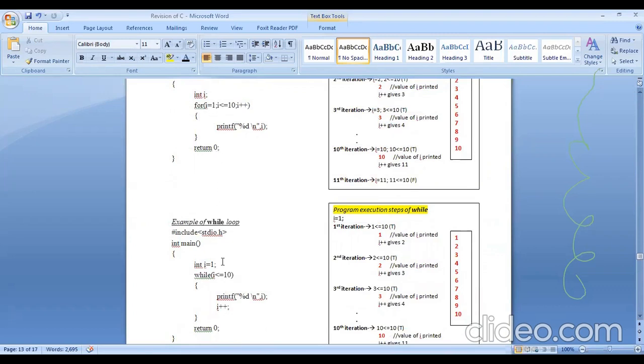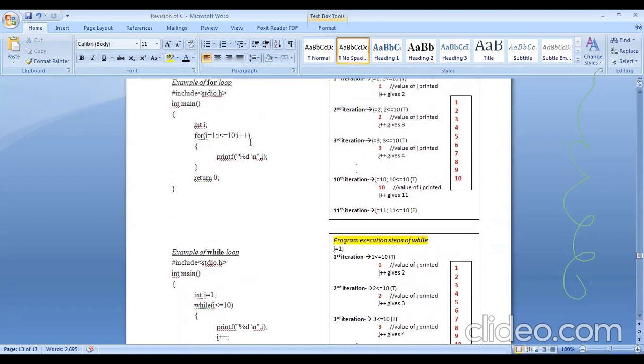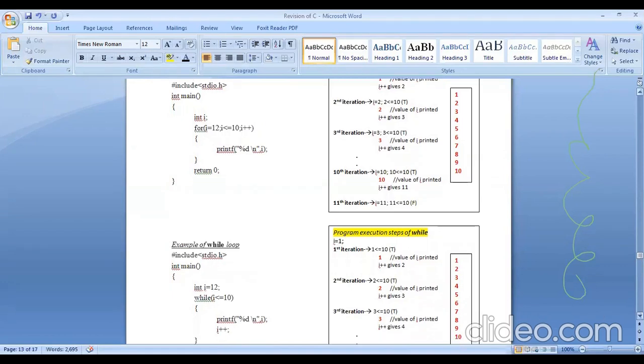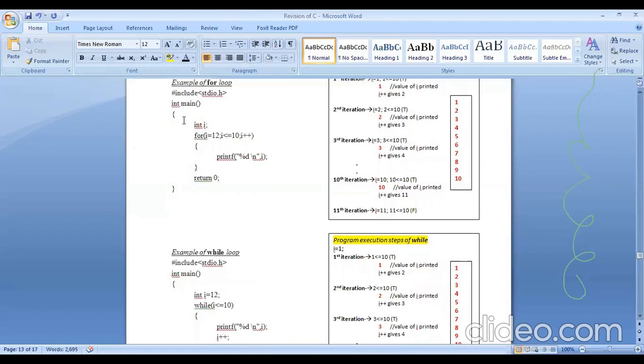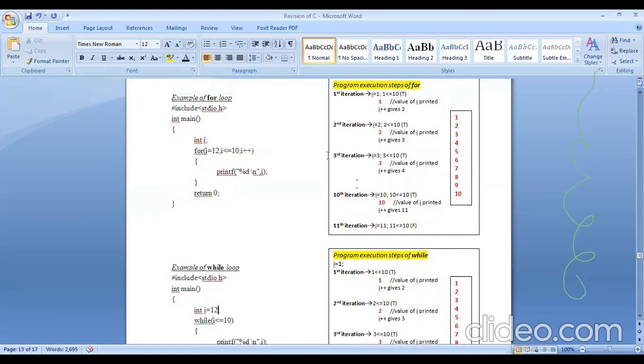Now in these two cases, let me just say suppose my initial value of I in both the cases is, say, 12. It can happen. Now, how will the program execution take place? Since in both cases my values are 12, first let's check the for loop. I is 12.